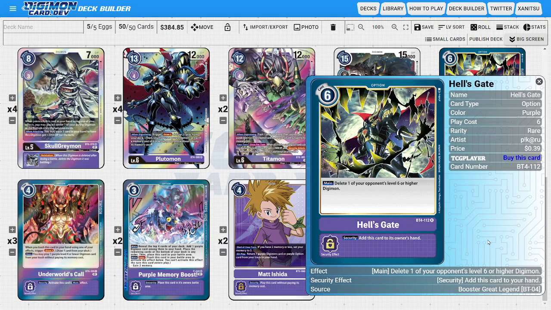Next, onto the options, I'm going to be running 2 copies of Hell's Gate. So Hell's Gate is going to be the big removal option card because it has this nice main ability where we get to delete one of the opponent's level 6 or higher Digimon. So Purple before had a hard time deleting the opponent's level 6 or higher Digimon, and we have Hell's Gate